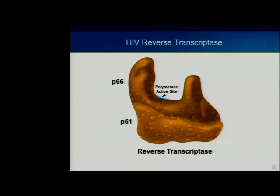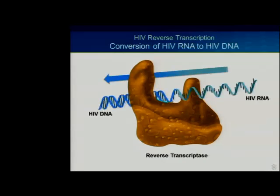Now, the key enzyme in this is the reverse transcriptase enzyme. This is a heterodimer with a P66 component, a P51 component, and a critical polymerase active site, which is the action area for the enzyme as it's converting RNA to DNA. And what you see here is the RNA threading through this active polymerase site